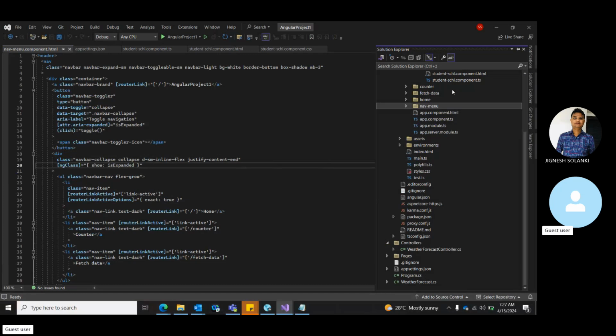Okay. So any menu that you are going to have, you should add it into the nav menu. And let's come to what app.component.html is. So we have a set of these things. These are very important files in your Angular: app.component.html, app.component.ts, app.module, and app server. We are not going to use anything in app server, but all these three are